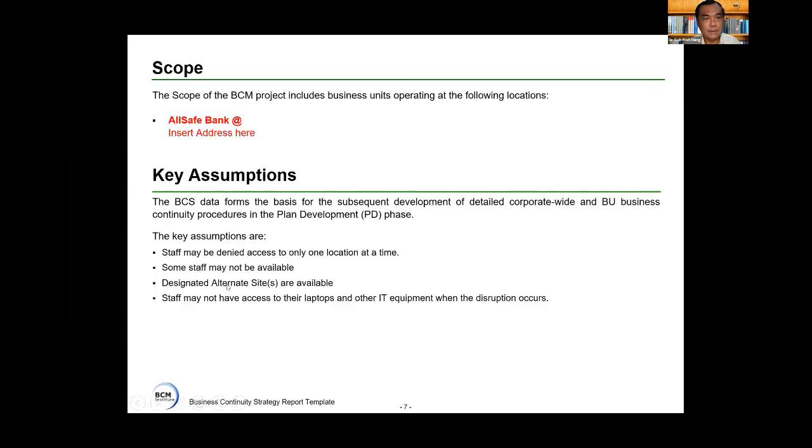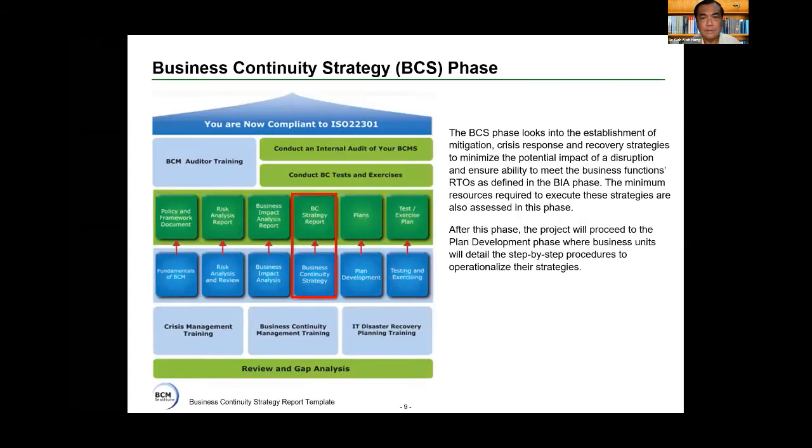All right, so these are key assumptions that you put in. Very important to tell management what your assumptions are. For example, one of the assumptions, I don't use COVID. One assumption is that only one building will be affected at one time. But now with COVID, it's quite tricky. So that's something I want you to remember. This is the methodology. Just leave it in there. Don't worry, you will redraw this yourself later on.